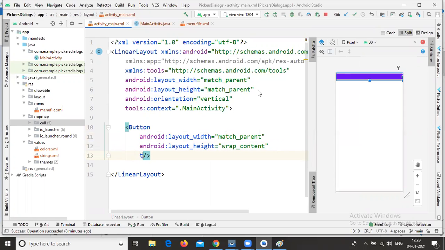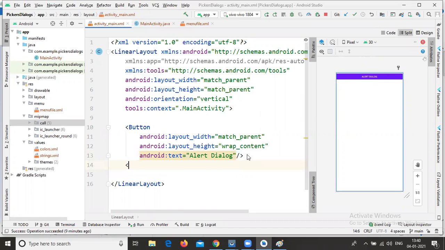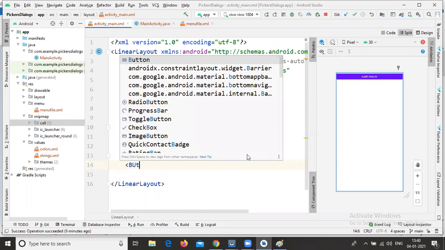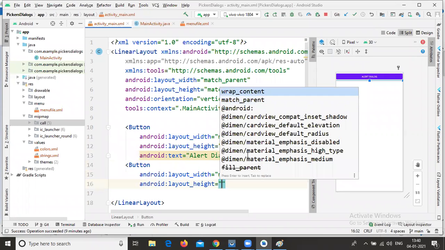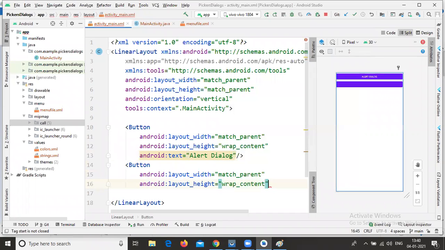Here I'm writing the text as alert dialog. After that, we need to create two more buttons, one for time picker dialog and another one for date picker dialog. Same properties: width as match parent, height as wrap content.